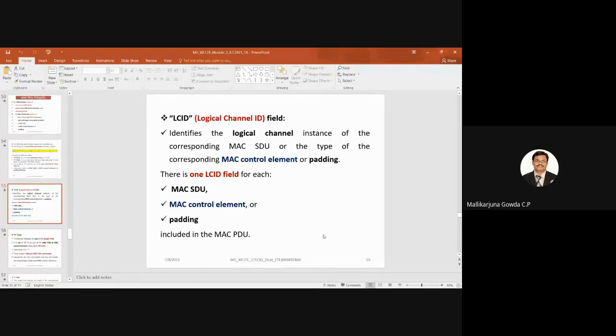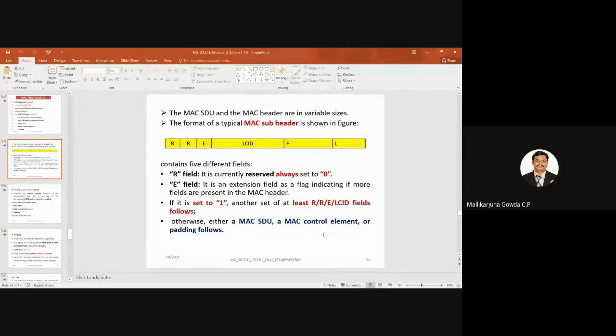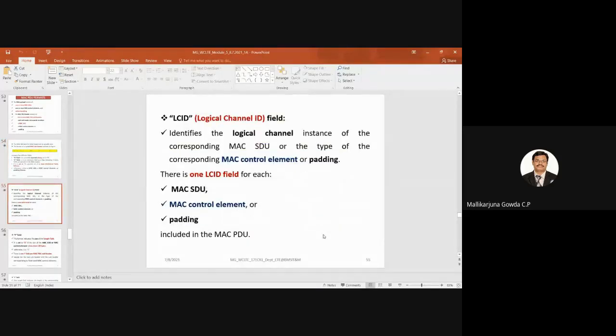Then that LCID, what I said, is the logical channel ID field. It identifies the logical channel instance of the corresponding MAC SDU, or the type of the corresponding MAC control element or padding. That is the purpose of the LCID.